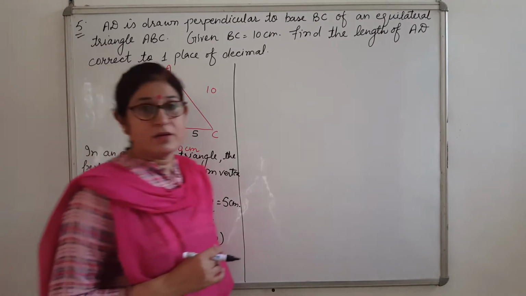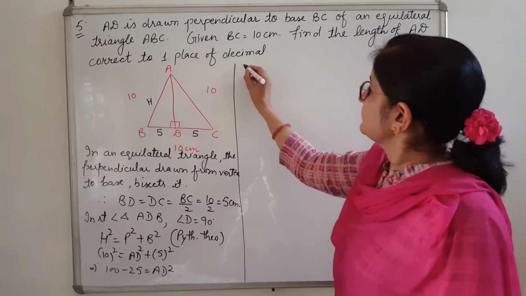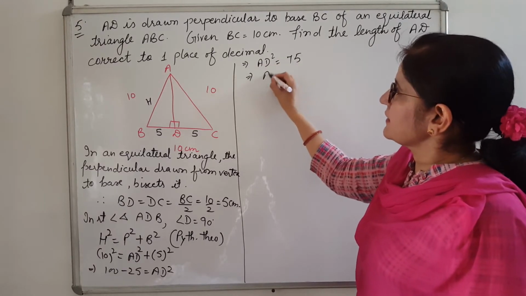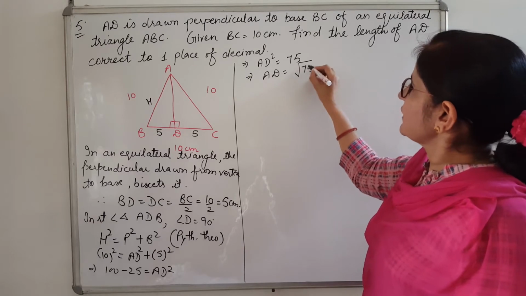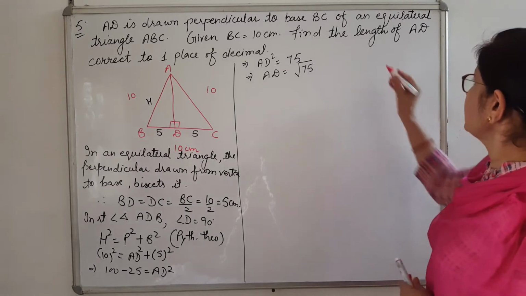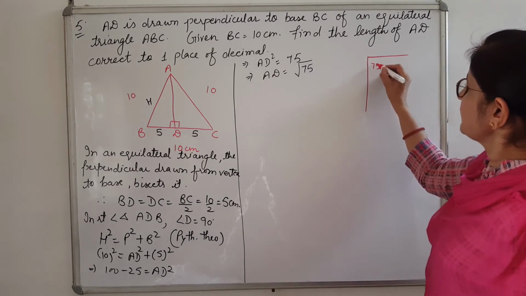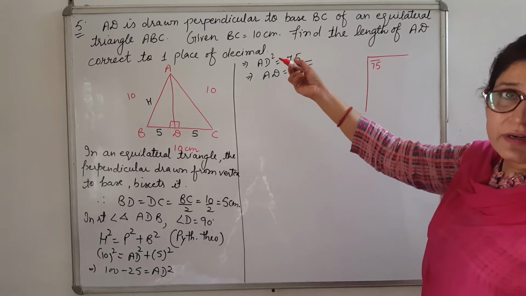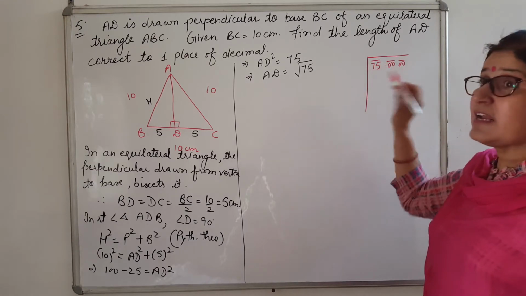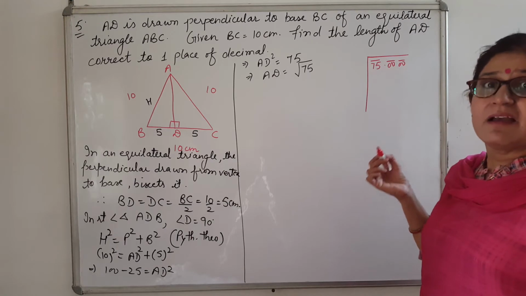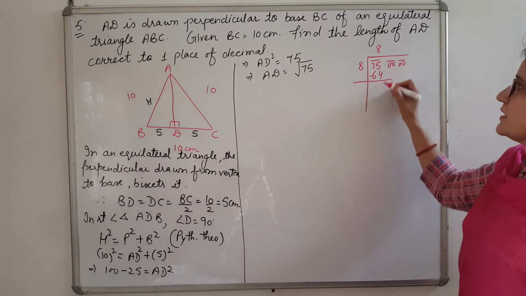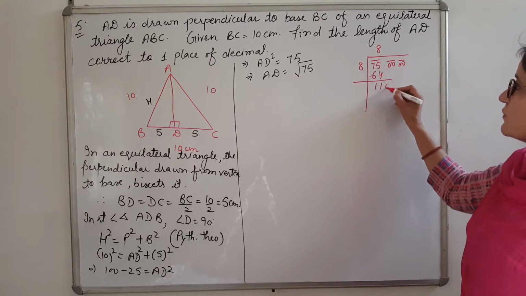So what we get from here? We get AD square is equal to 75, and what is AD? Square root of 75. As I told you in the last question also, we have to solve it by the division method. 75. We make pairs because we have to find till one decimal place. So we will take two places like this. Now 8 8s are 64. 9 9s are 81. Which number we will take? We will take 8. Right. 8 8s are 64. 5 minus 4, 1. 7 minus 6, 1. We take one pair of zeros.